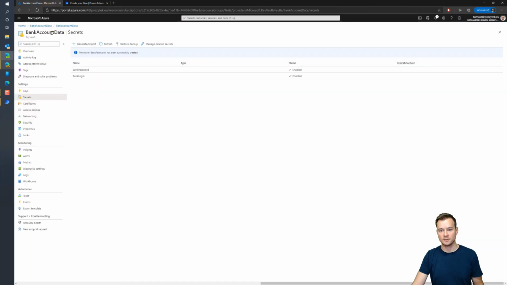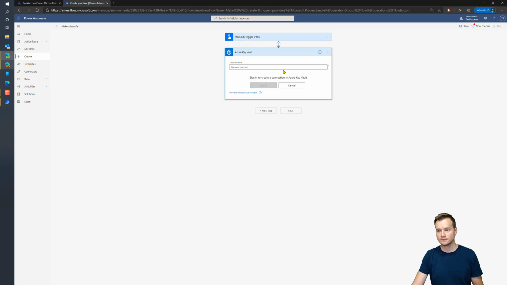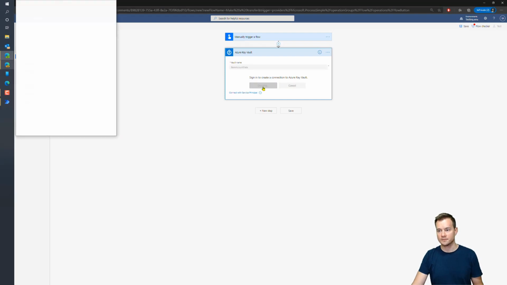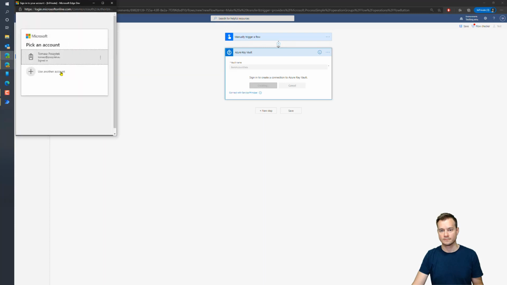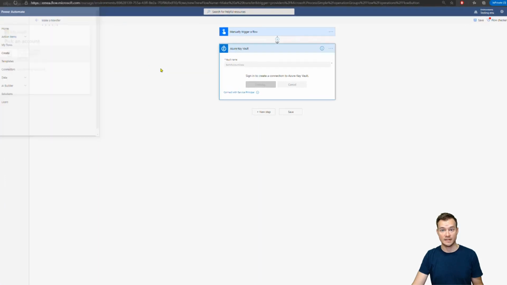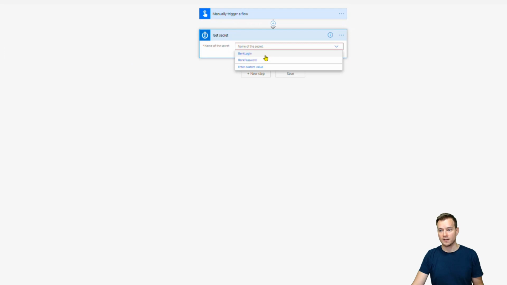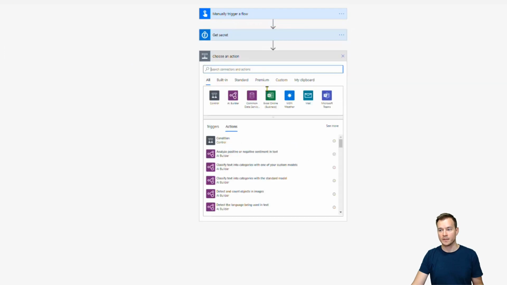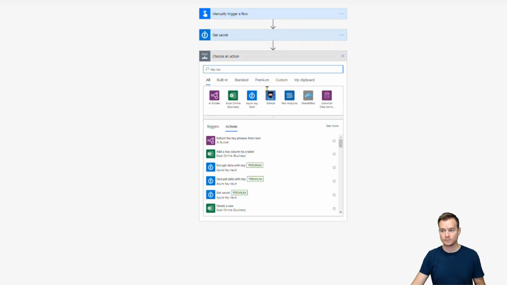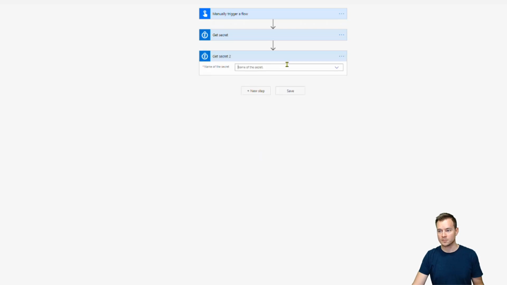So I need to use this key vault's name provided here. And obviously sign in. So I'll just take the bank login, and then